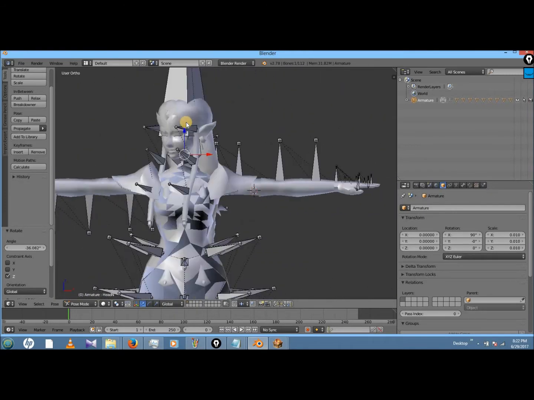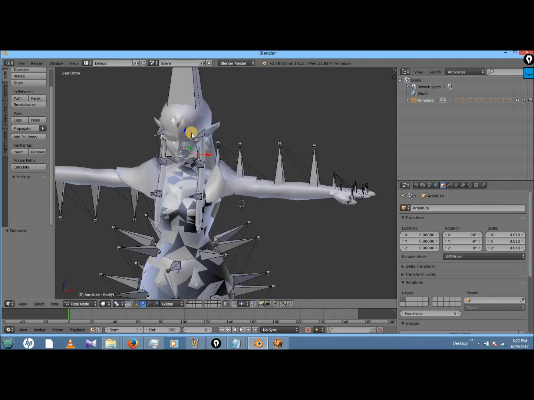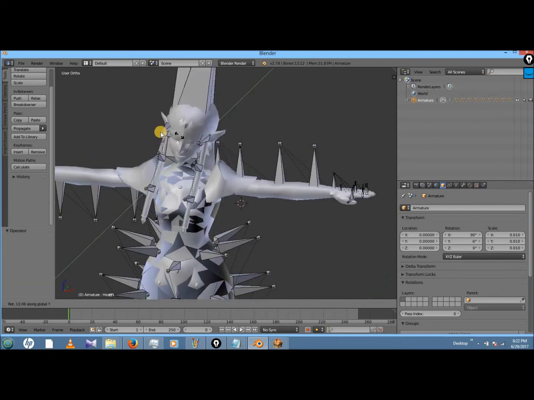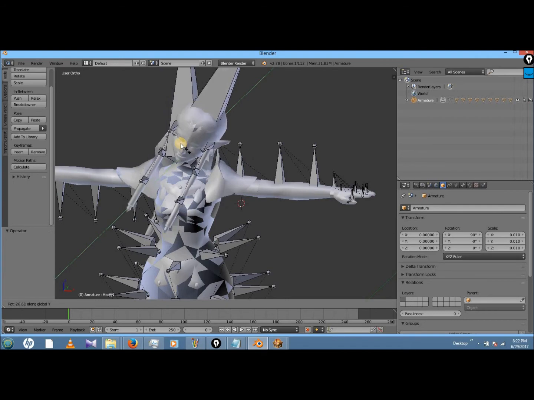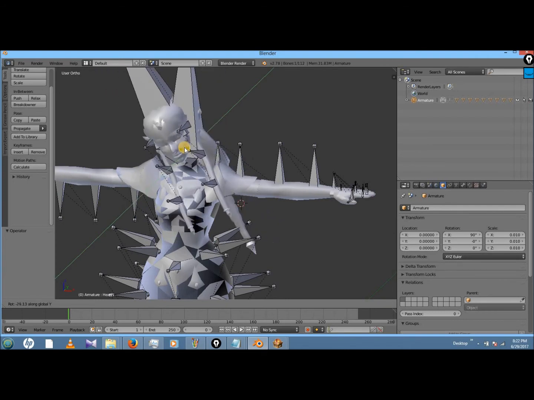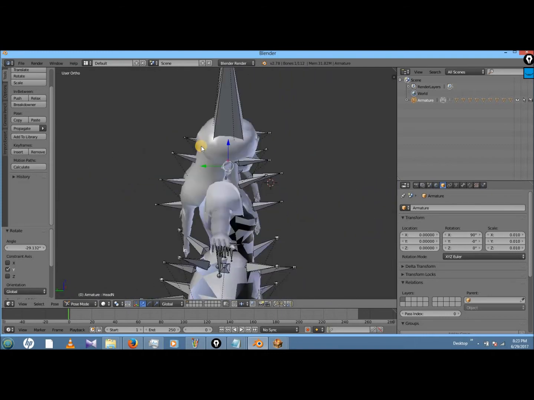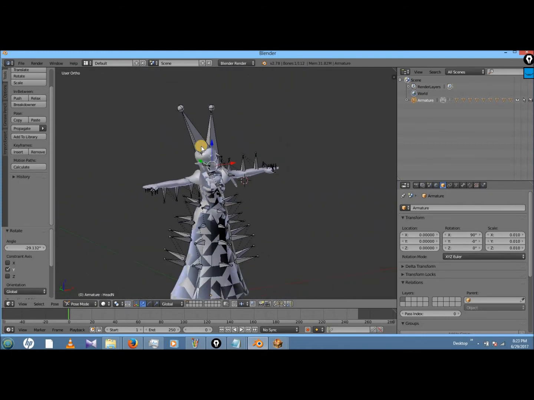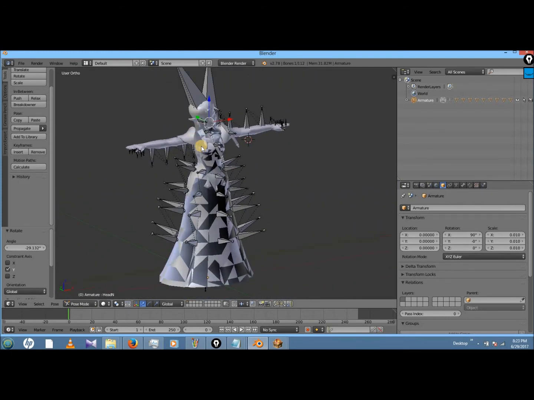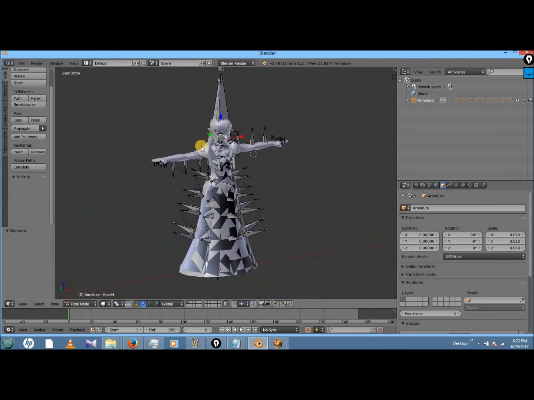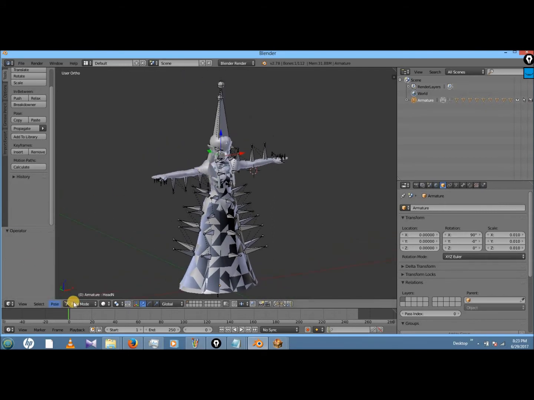I honestly can't see the neck, but I'm sure it's fine. But that's what testing animation is for. And that is a little weird, but I'm not really sure what we could do about the hair unless we rig the whole thing, so it's probably fine as is.